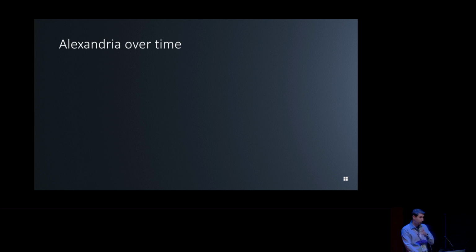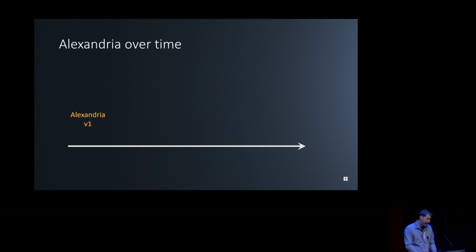In order to go to the future, I firstly have to start from the past, right? In 2019, we presented the first version of Alexandria here, actually at AKBC. And the way it was used in an application, it was actually discovering data from the internet, and it was powering some search-based experiences.